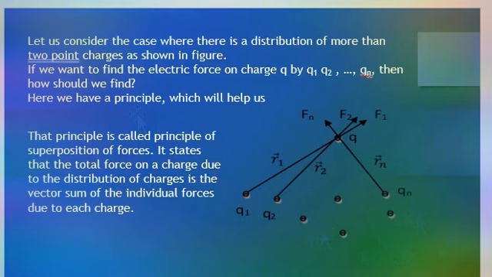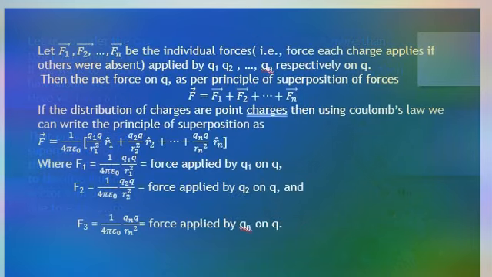So then the principle of superposition of forces states that the total force on Q, F, is equal to F1 plus F2 plus Fn, that is, the vector sum of individual forces. Now as we know, the force between 2-point charges as per Coulomb's law is given as 1 by 4 pi epsilon 0 Q1 Q2 by R square R cap. Here, for the force F1, which is the force applied by Q1 on Q, it is 1 by 4 pi epsilon 0 Q1 Q by R1 square R1 cap, likewise for Q2, likewise for Qn. Okay, clear?